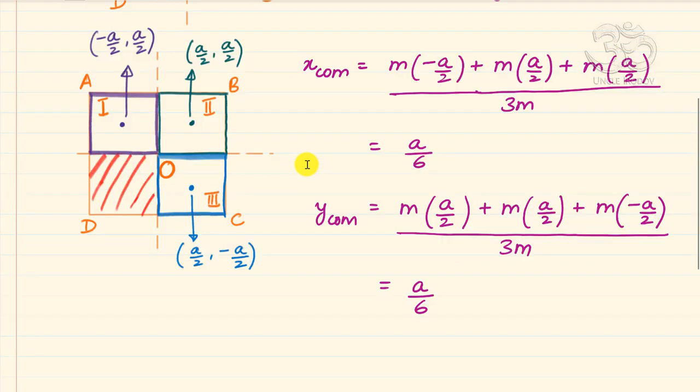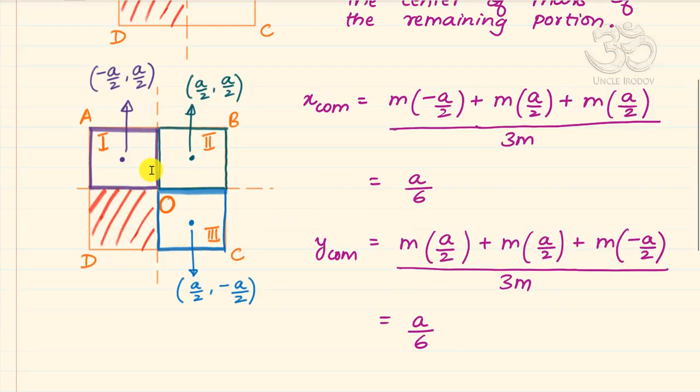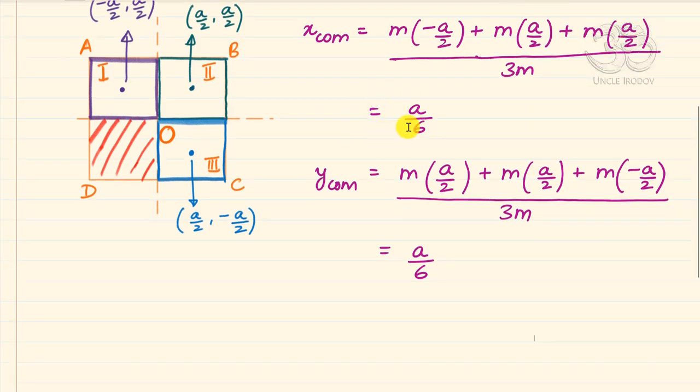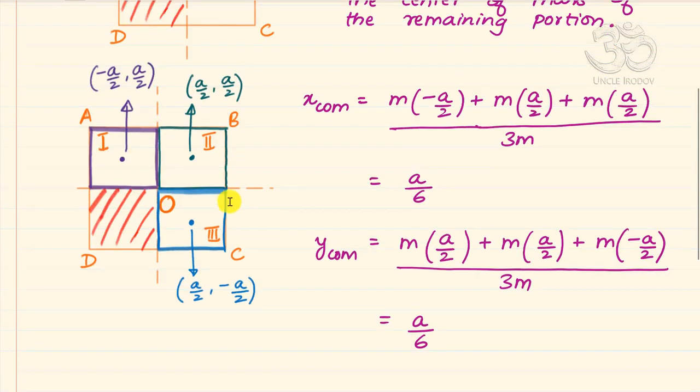Now all the coordinates here are expressed with respect to this point O, and so the final center of mass coordinates are also with respect to O, and because we have got both of them as plus and plus, we know that the center of mass will lie somewhere here inside the second plate. And further, because we have got the x center of mass equal to the y center of mass, we know that it will lie on the diagonal also, which is not surprising because we know that if there is an axis of symmetry,